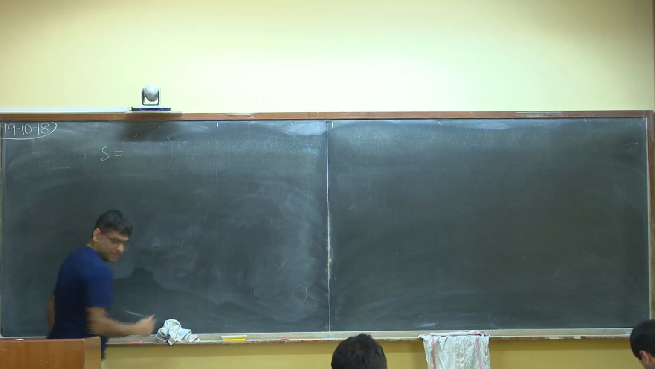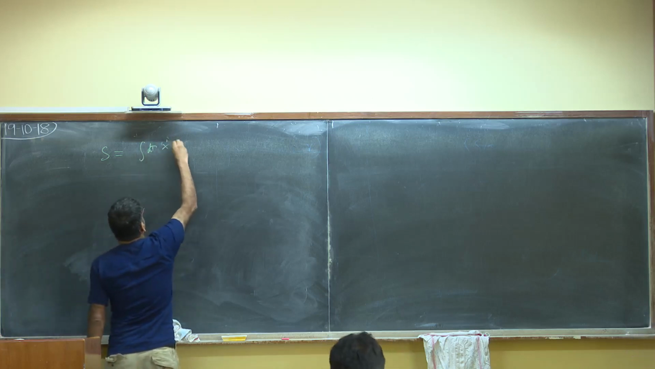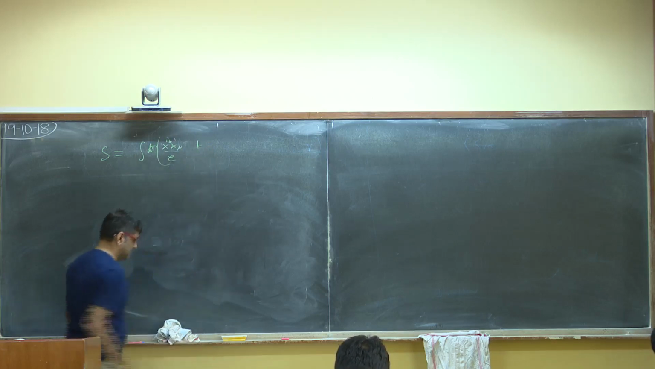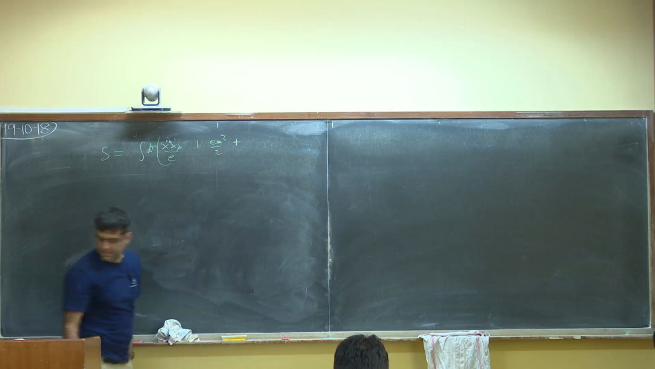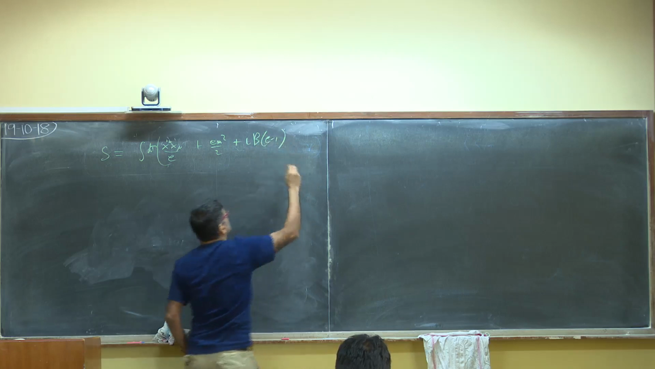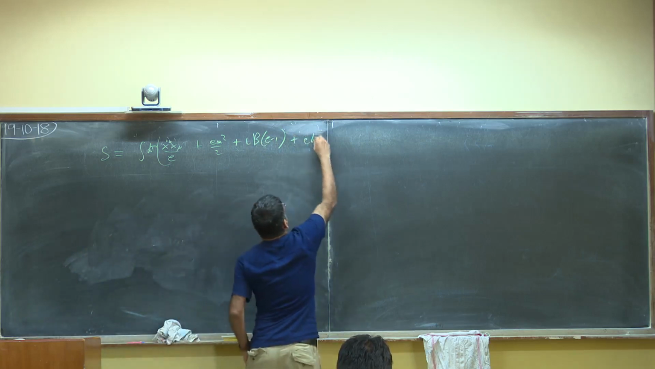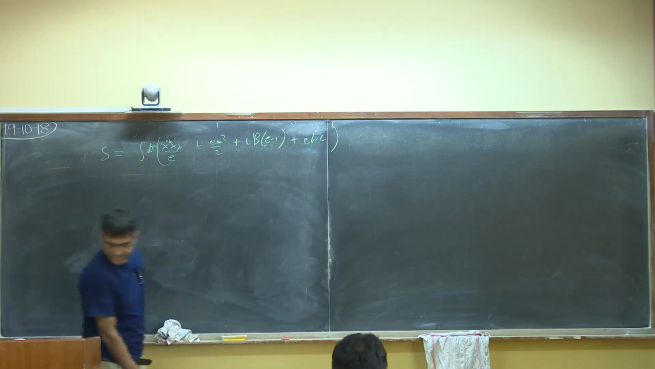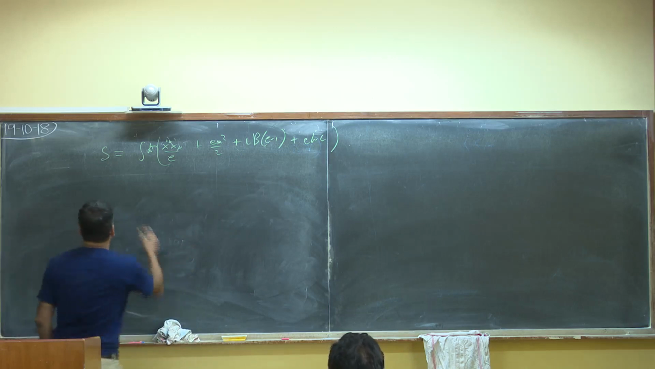We had that S, the action, was equal to the integral d tau of x dot mu x dot mu divided by E, plus E m squared by 2, plus i b (E minus 1), plus E b dot c. Okay, and using the general rules, we have the following rules